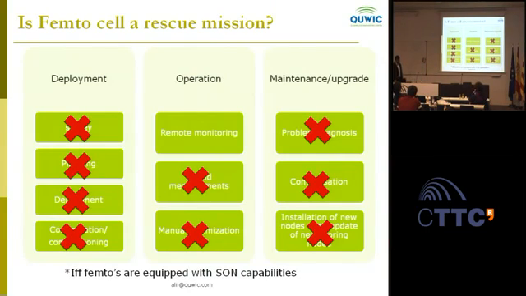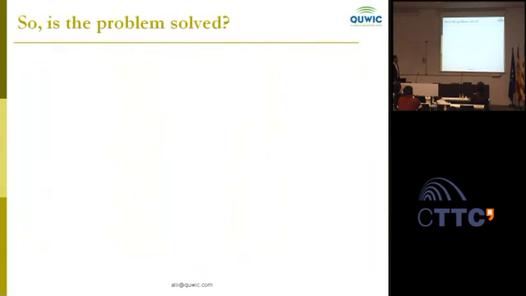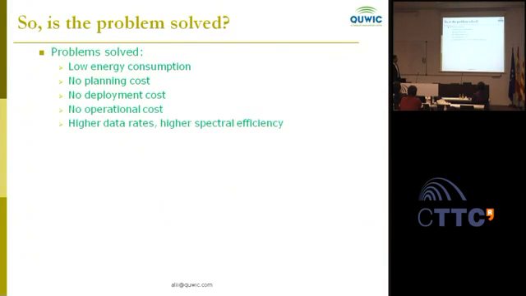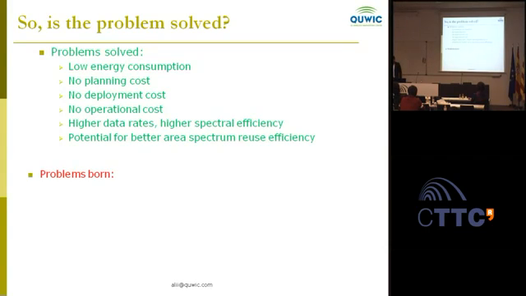Okay. So there is a big if and only if femtos are equipped with SON. The story is we need femto, and for femtos we need SON. So is the problem solved? Yes, it seems the problem is solved. Low energy consumption with femto cell, no planning cost, no deployment. All of the problems seem to be solved, but here